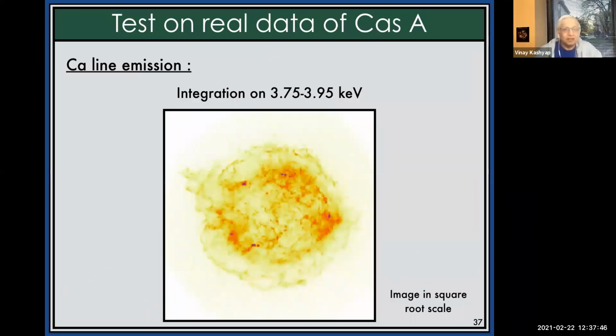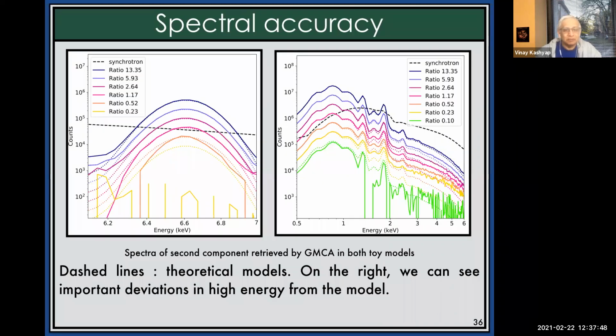So, here is a question, Adrien. When you extract the spectral component, is it a model? Do you fit a model, or is it just a phenomenological histogram? There's no model. We really obtain... We fix the number n of components we want to retrieve, and we obtain n images associated with n spectra, without any model. Okay, so the spectra are just the average PHA distribution in the data. Exactly.